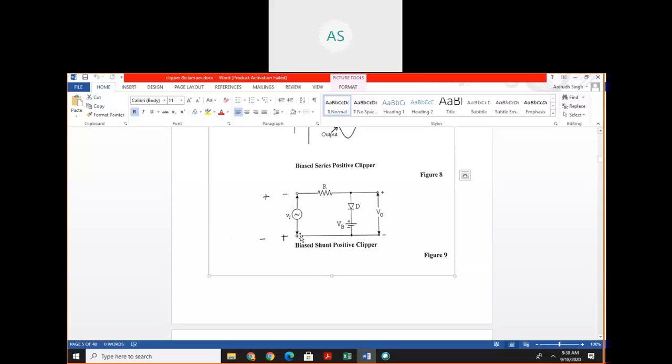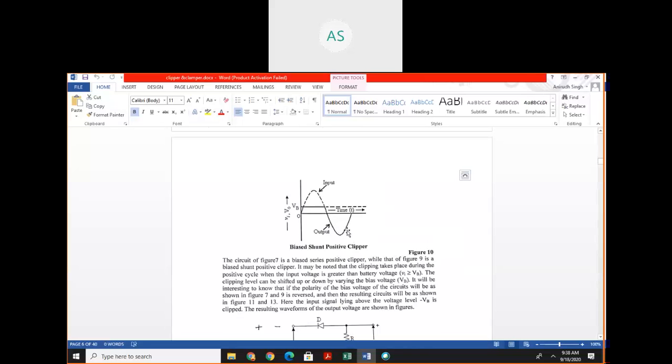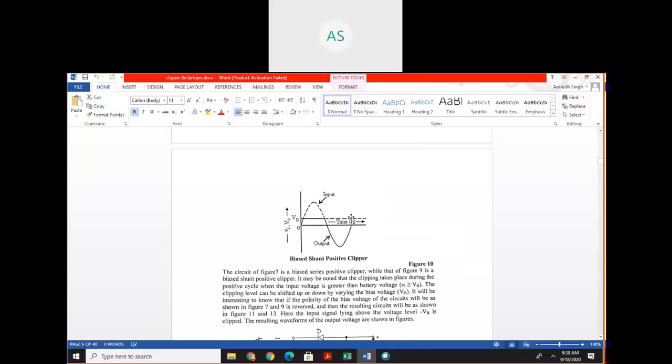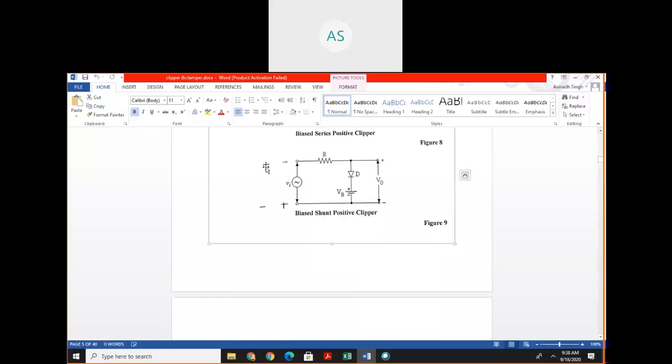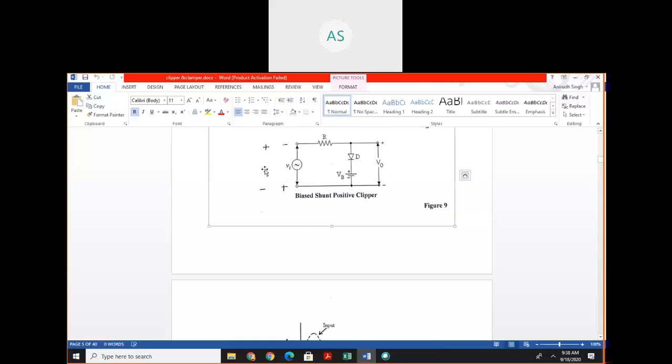Positive, negative, positive, negative. This is additive. So we start with the negative half cycle. This negative terminal is connected to anode. Positive terminal is connected to cathode. It means that this diode acts as an open circuit and current is flowing, because here a load resistance is connected, current is flowing in this circuit and output is equal to the input. For the negative half cycle we get the same output as the input.